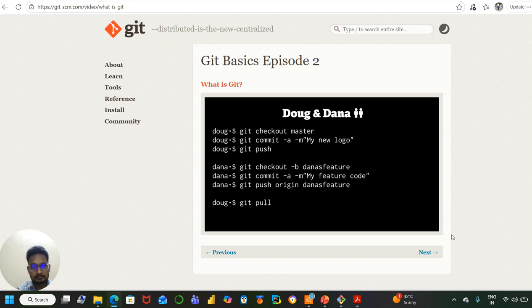and Dana's work. That can be done with Git as simply as retrieving the copy of the centralized versioned files down to Doug's individual machine, and then executing a command that merges all of that work together. It'll provide help if there are any conflicting files. It'll walk you through the steps of deciding whether you want to keep Dana's or Doug's changes if they happen to collide. And in the case that they're working on similar but different files, it will merge them together completely